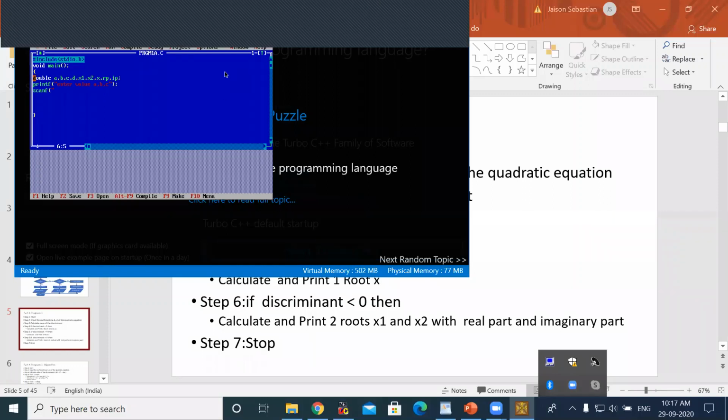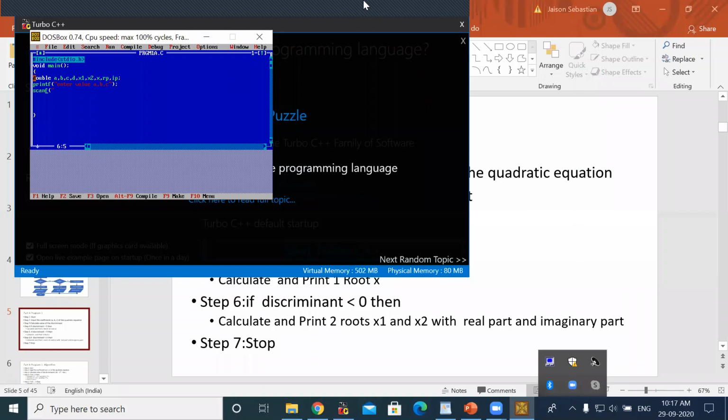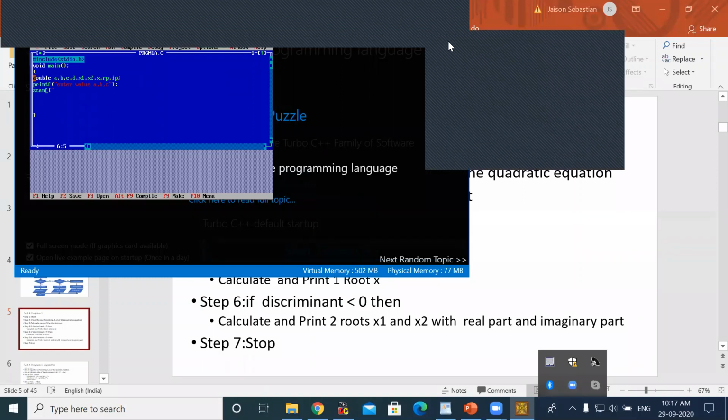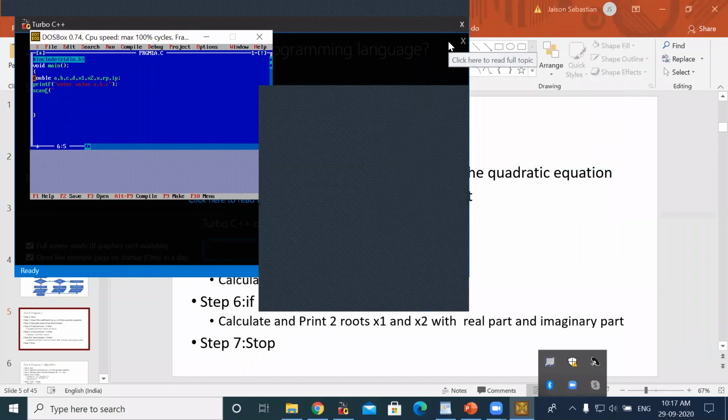There are 33 participants. Now message in the chat box, what should be the format specifier when we are using double? Okay, two of you have given the answer. Those who tried will be knowing. When we are giving the data type as double, the format specifier should be %lf. The format specifier should be %lf.